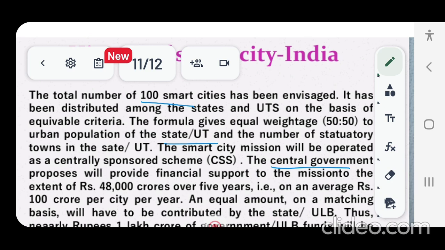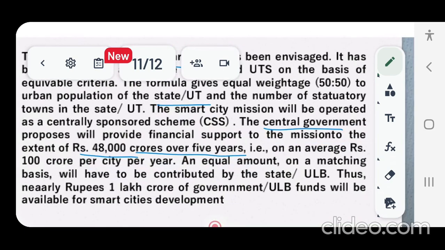Under the scheme, a fund of about rupees 48,000 crores over 5 years is to be allotted, on an average of 100 crore per city per year. An equal amount, as I told you, should be contributed by the state or urban local body. ULB represents urban local body. Thus, nearly 1 lakh crore of government funds will be available for the development of such smart cities.